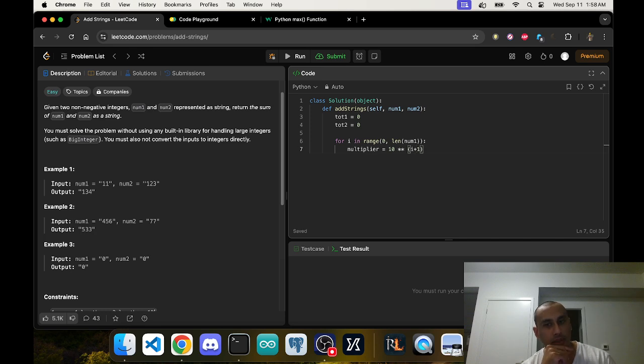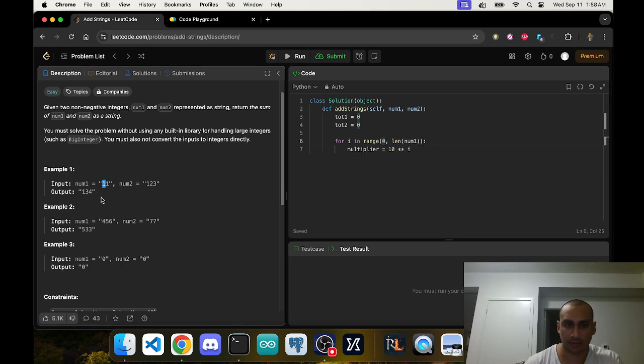Then it's going to be 10 to the power of 1. Okay, so it could just be 10 to the power of i. Because 10 to the power of i is going to be 0, yeah, it's going to be 0 times. So 10 to the power of 0 is 1. 1 times that times 1 is 1. Then 10 to the 1 times 1 is 1. Then 10 to the power of